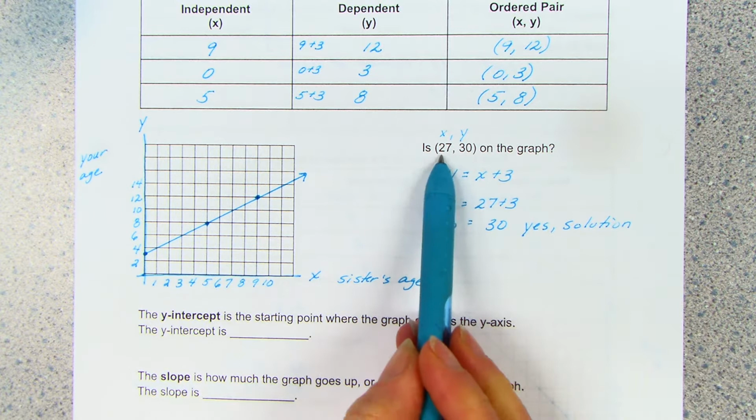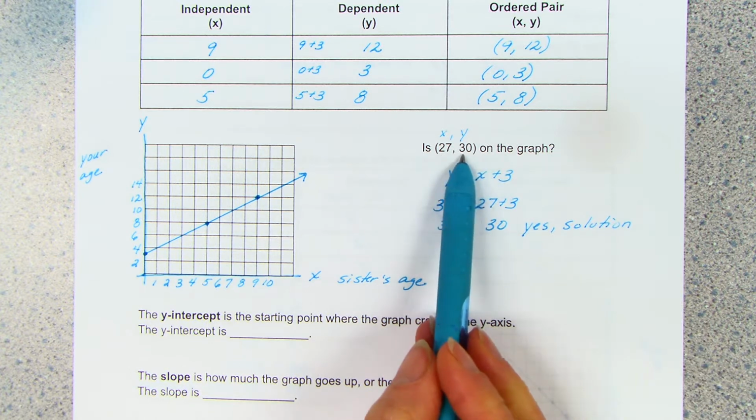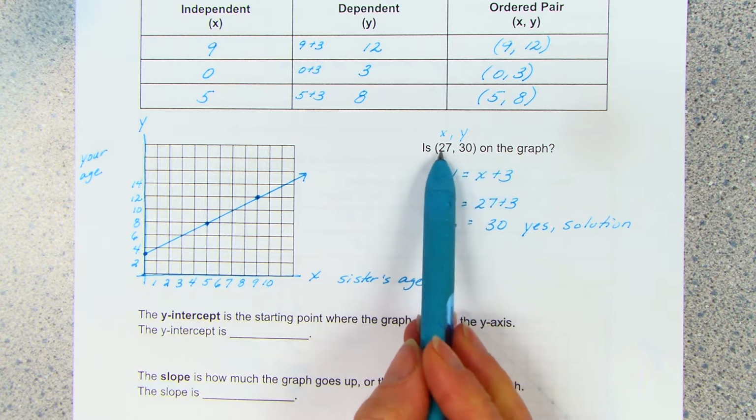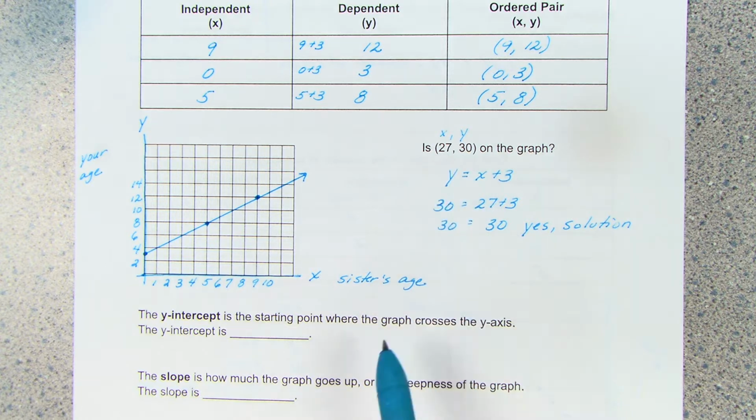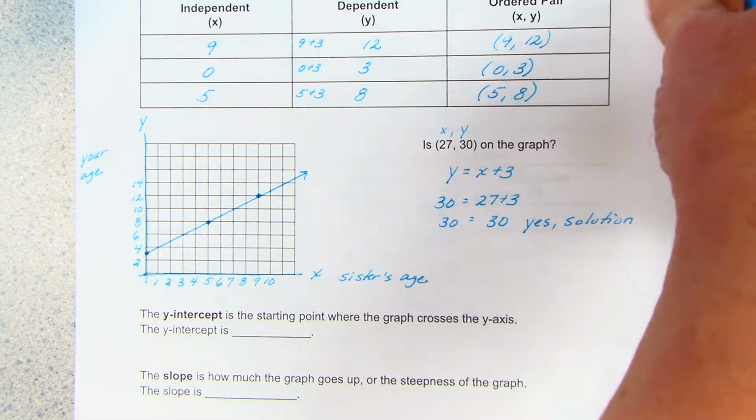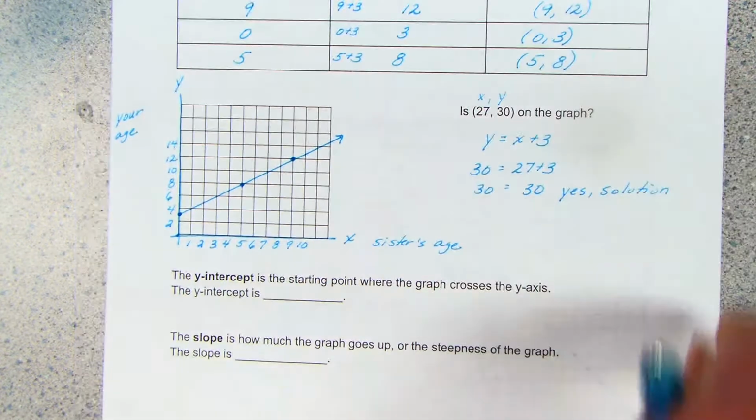So that means that when my sister is 27, I'm 30. And yes, I know that that's true. I'm 3 years older than her. So even after years and years go by and she's 27 years old, I'm still going to be 3 years older than she is. We're going to add 2 more new words